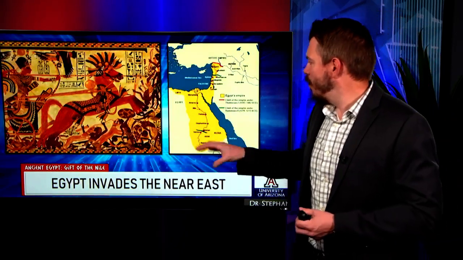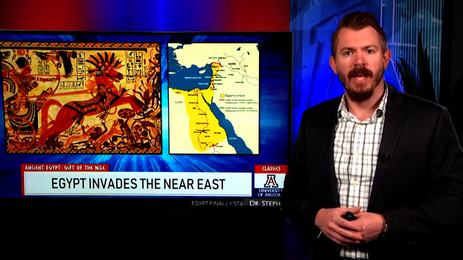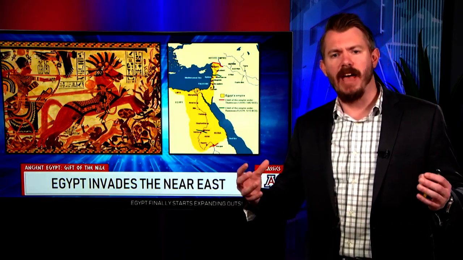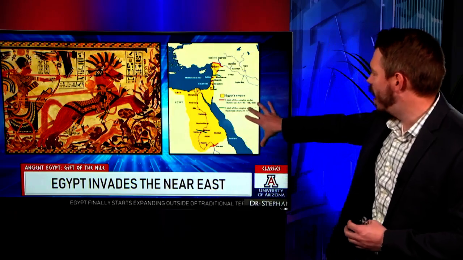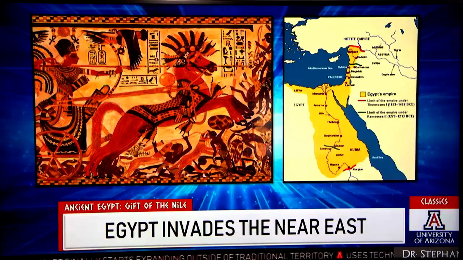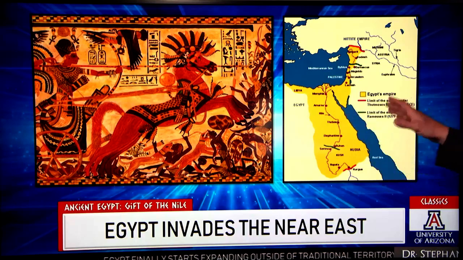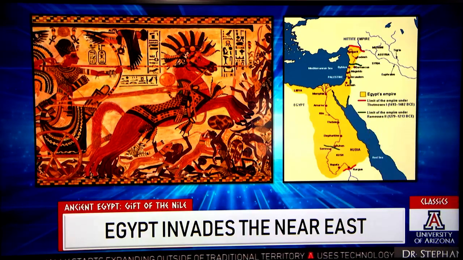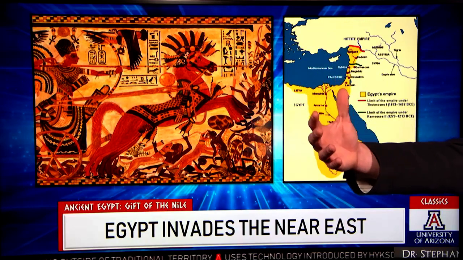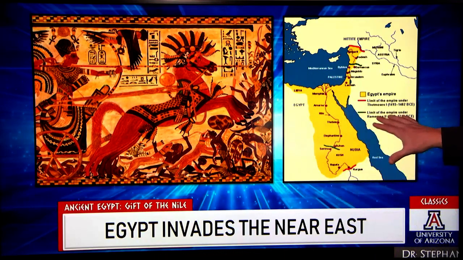Now, one of the other things that we want to associate with the New Kingdom is that this is the age of empire for Egypt. We've talked a lot about the geography of Egypt and how conducive it is to being a successful, strong state because of how well it's protected. But that works two ways. If you're really well protected because of all these barriers, that also makes it difficult to expand outside of these areas. But finally, in the New Kingdom, Egypt starts doing just that.